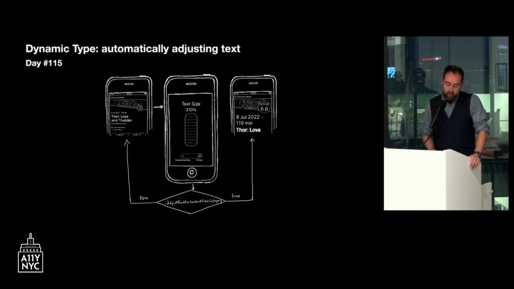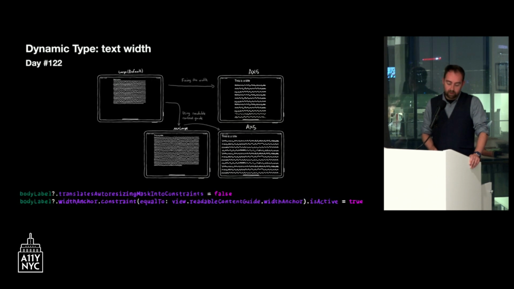There's just a couple of things as well. There's a property that lets you say this label, for example, is going to automatically scale to the text size selected by the user. I don't know why this is not on by default, but basically if you don't have it and the user changes settings while they're using your app, it's not going to adapt. You need to close the app and then open it again. But if you have this property set to true, which is adjustsFontForContentSizeCategory, it will automatically grow when the user changes this configuration.